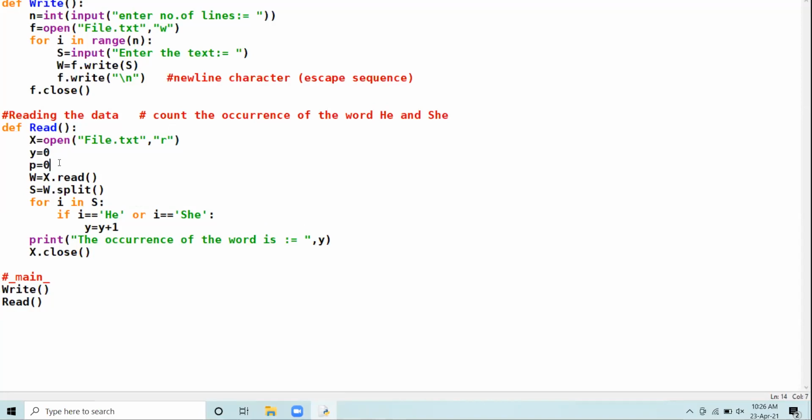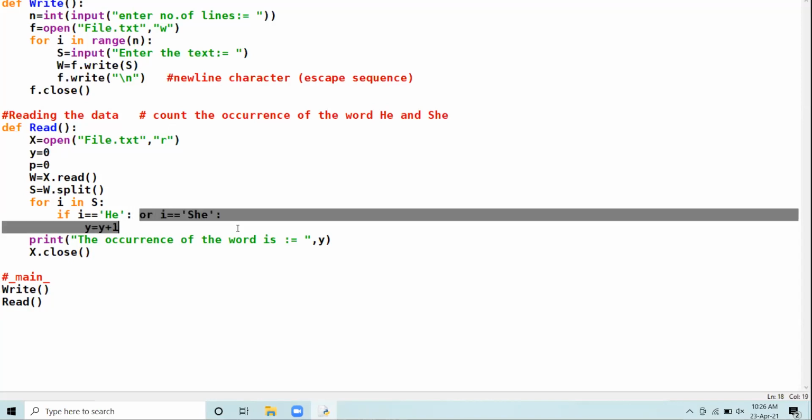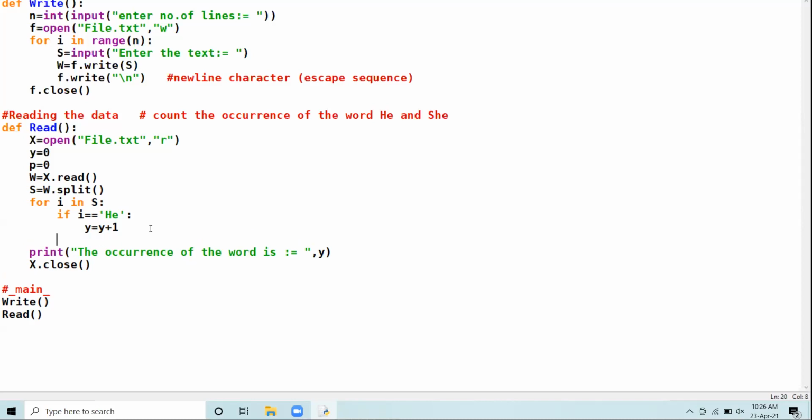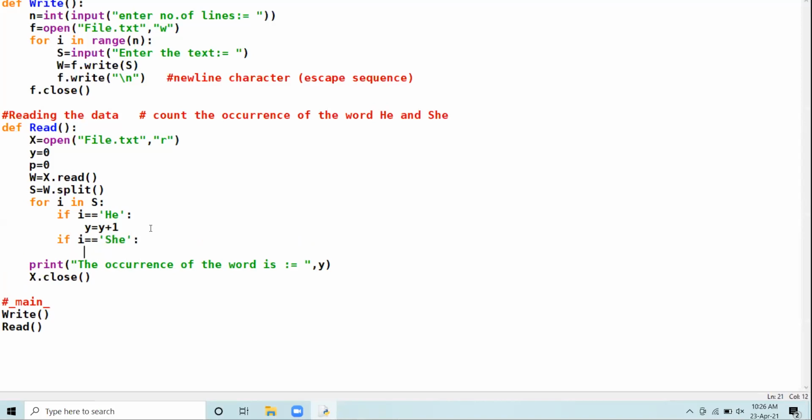Okay? If i equal to he, y equal to y plus 1. Then after this, if i equal to she, p equal to p plus 1.